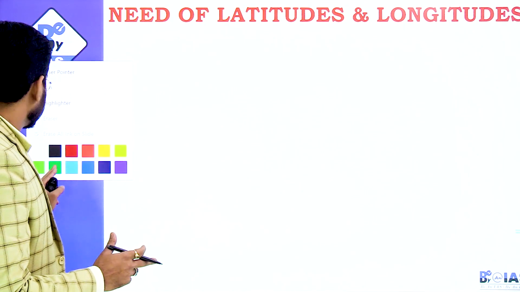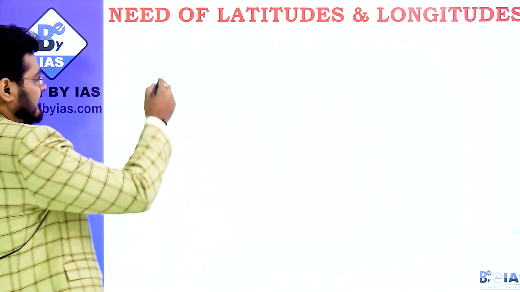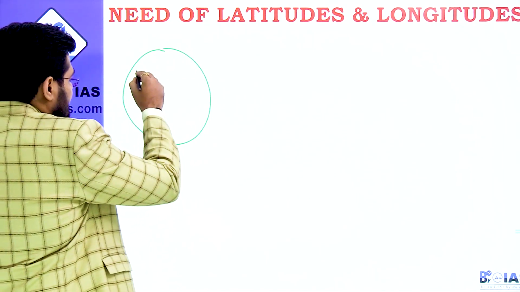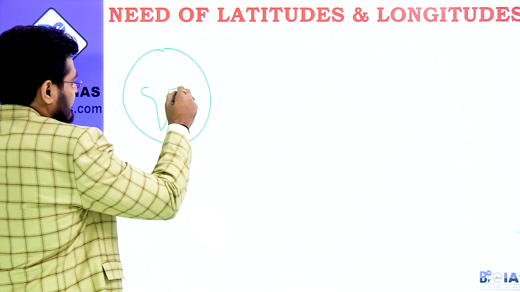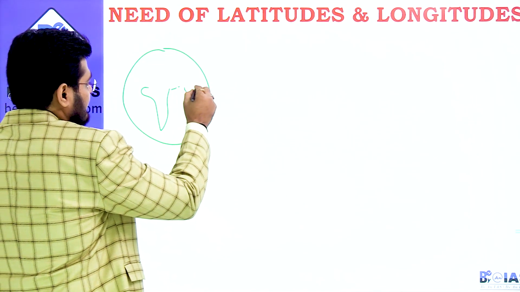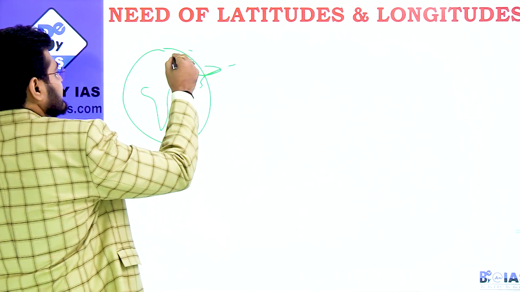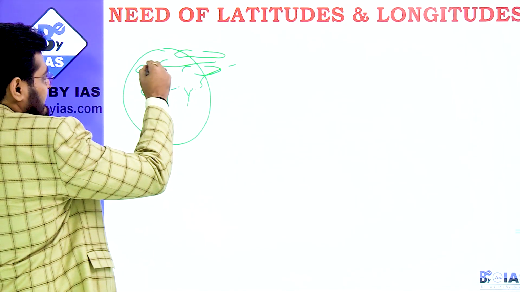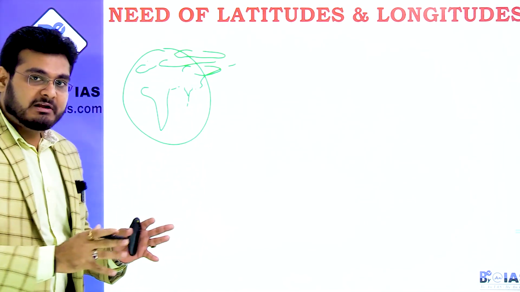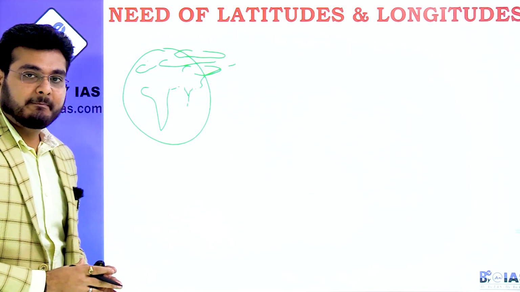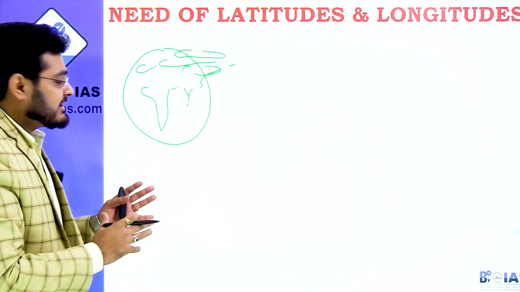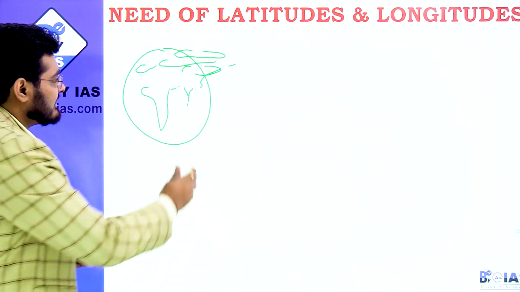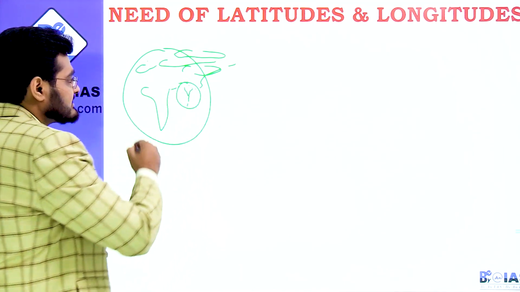Now just think of a situation. For example, if this is your Earth, and we have Africa over here, and then we have India over here, and then there is China, there is Russia, all these states are there. Then there are European countries, all such places you can see on Earth. Now if I ask you to tell me where India is, you can very well tell that this is the part where India is located.